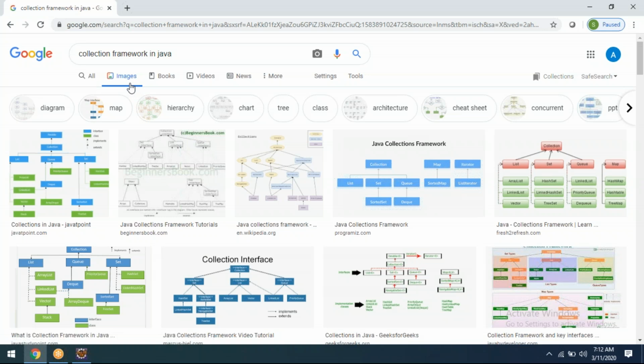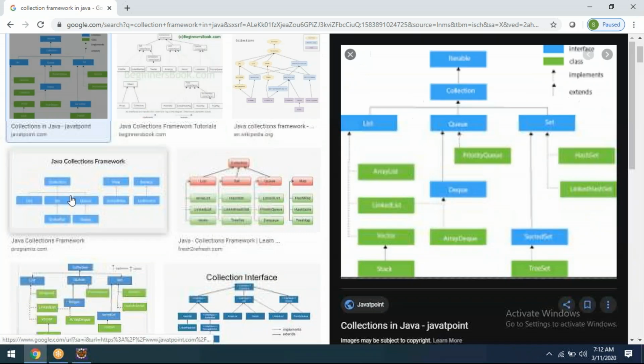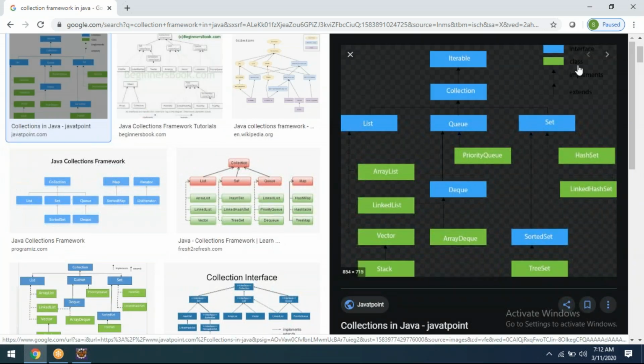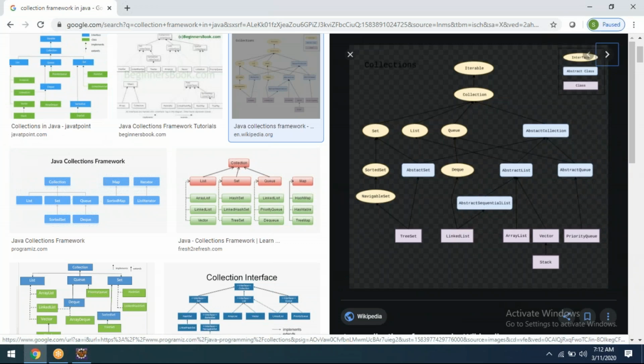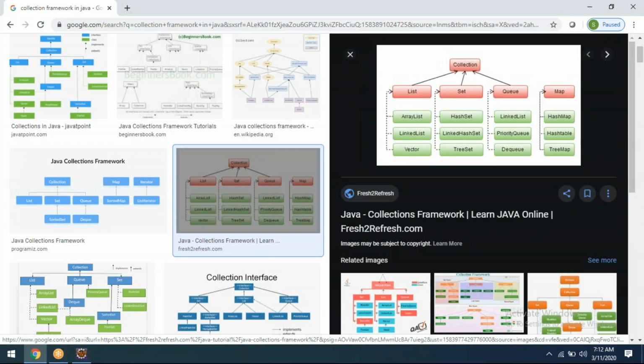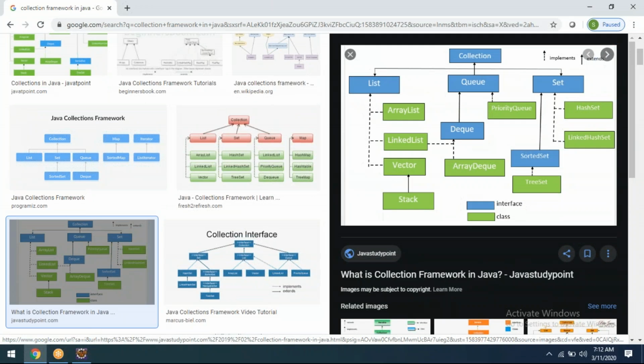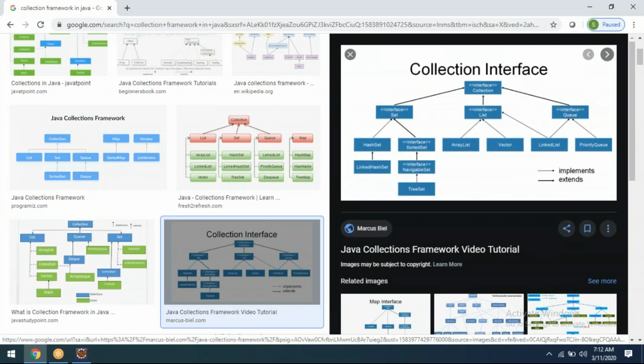If you see here, many things are there. Getting my point? See, this is not for us. This complete set is maybe for developers, architects, designers, or solution architects.